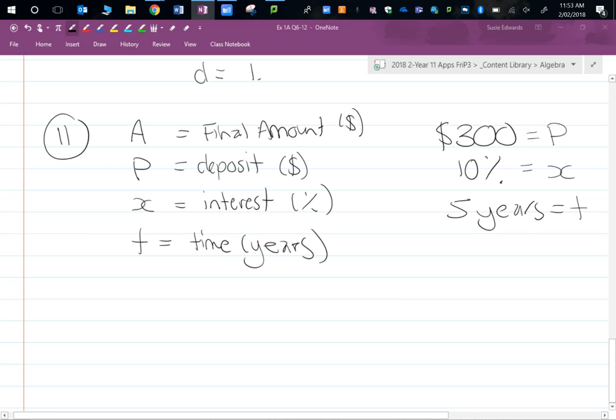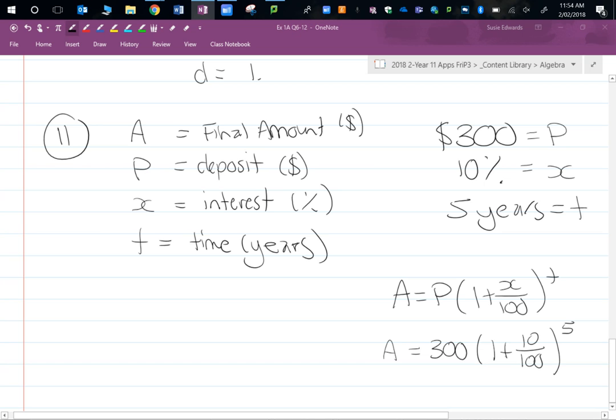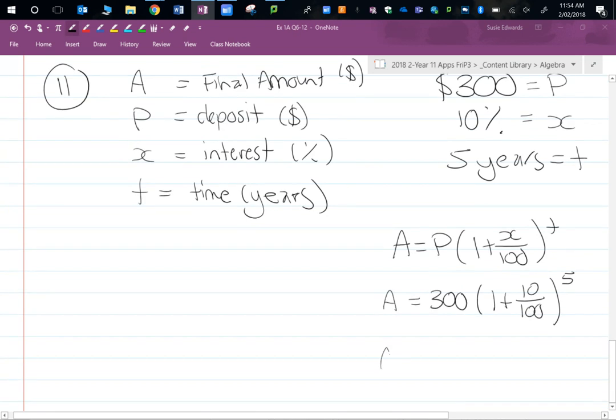And once you define those variables, put it into the equation. So all we need to do is say A equals P, 1 plus x over 100, to the power of t. So instead we put the numbers in for the pronumerals. 300, 1 plus 10 over 100 to the power of 5, because it's 5 years. And we get our amount,